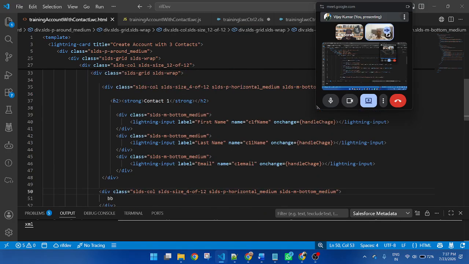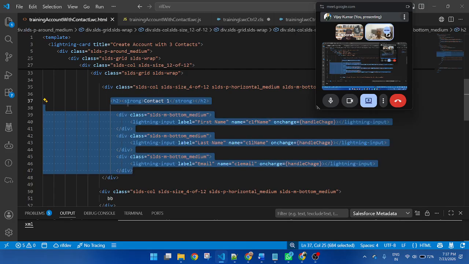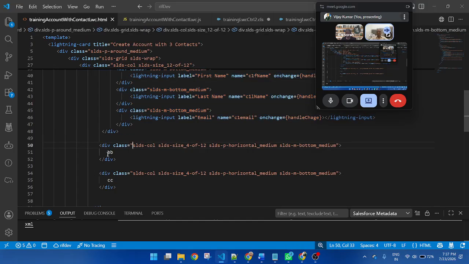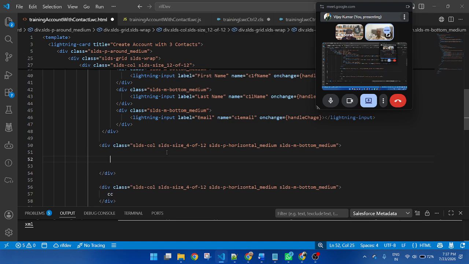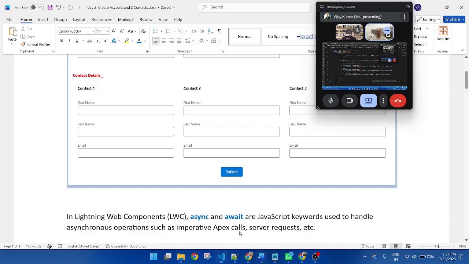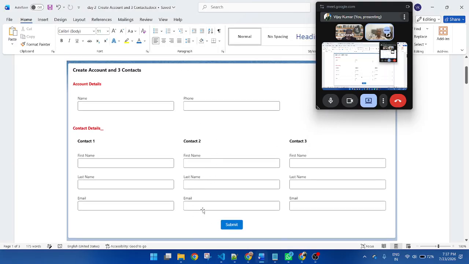So I need to copy inside this column. Remove this one and paste it. And change to contact 2.